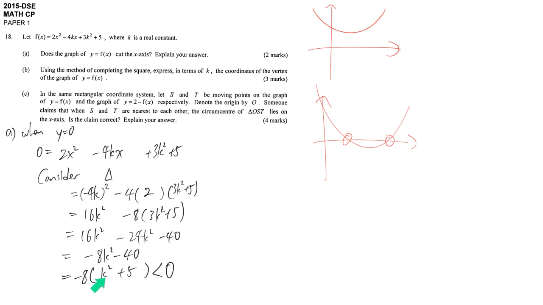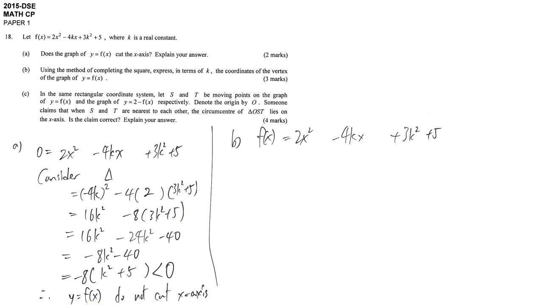Even though we don't know what the value of k is, it is not fixed, but no matter what k is, the delta will remain less than 0. So we have no real root, which means no intersection. So the answer is the graph does not cut the x-axis. Since we don't find any x that can fulfill y equal to 0, no matter what the value